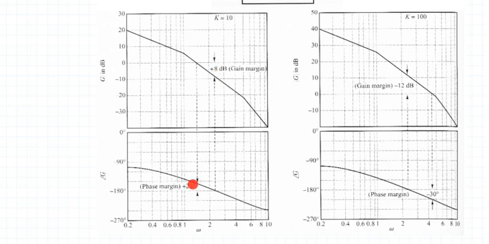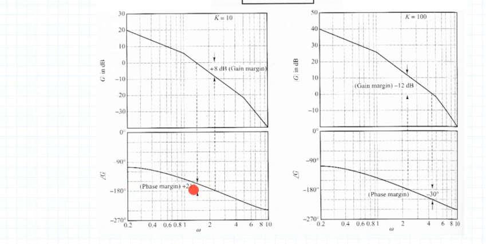So the phase of this is very close to this particular line, right? So almost maybe it is 160 degree maybe, correct? So we now take the difference between this and 180 degree. So this particular phase minus of minus 180 degree gives me the phase margin, right? So whatever is the phase at this point minus of minus 180 degree gives me the phase margin. So the phase margin is plus 21.